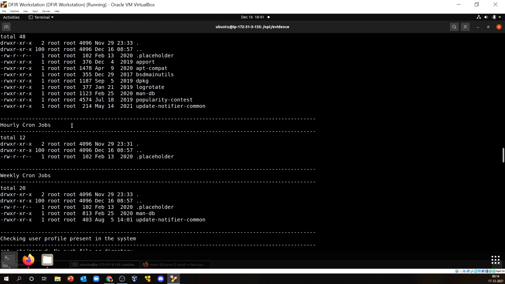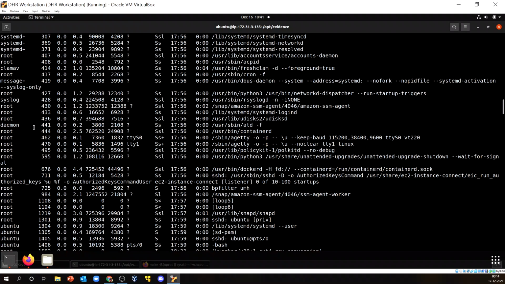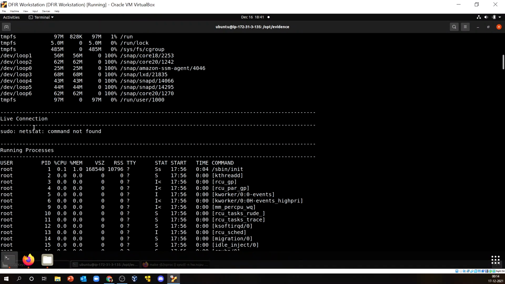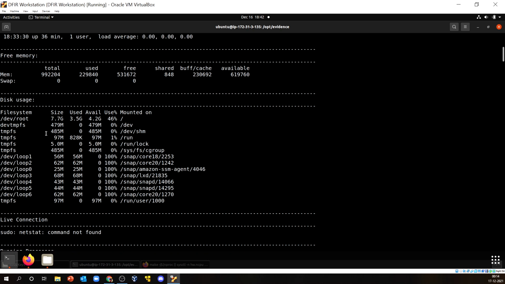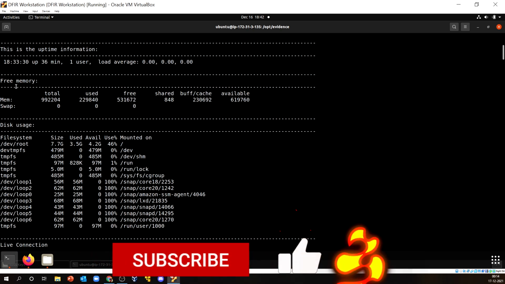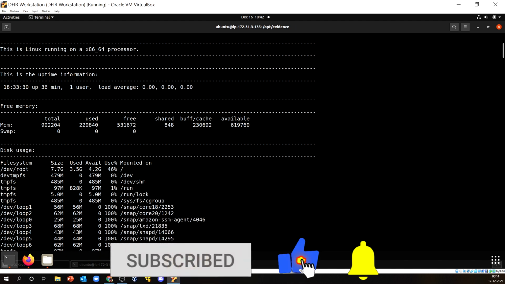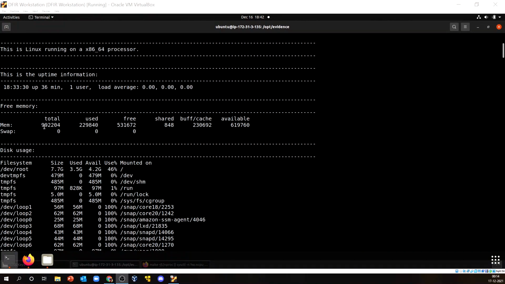Okay, so we can look for this particular thing over here as well. So netstat. Okay, netstat command not found, so I might not have that in my machine. As I told you, the script is currently in build phase, so I need to look for the observables and the other stuff as well, right? So now you see the memory is this much,